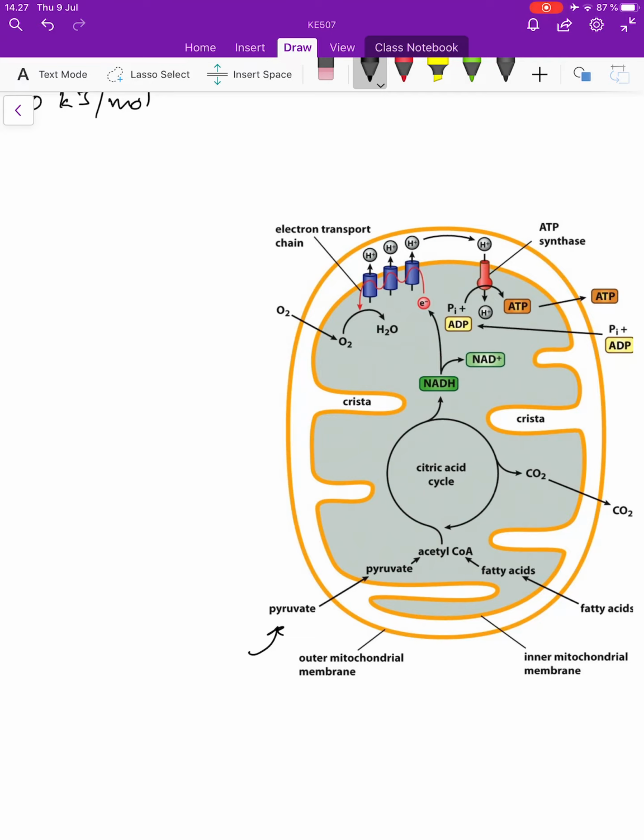Now the mitochondria has two membranes. One is the outer mitochondrial membrane and the other is the inner mitochondrial membrane. The pyruvate enters the inside of the mitochondrion, which is also called the matrix, produces acetyl-CoA. You don't need to remember all the details, and this gets into the citric acid cycle, which produces a lot of NADH. NADH gets subsequently oxidized to NAD+, releases electrons which are